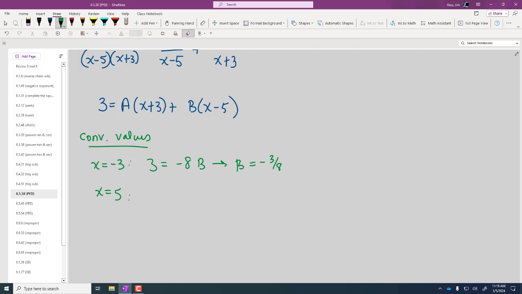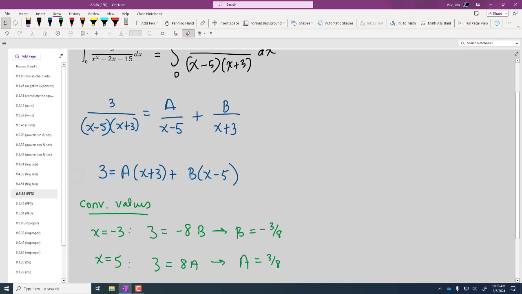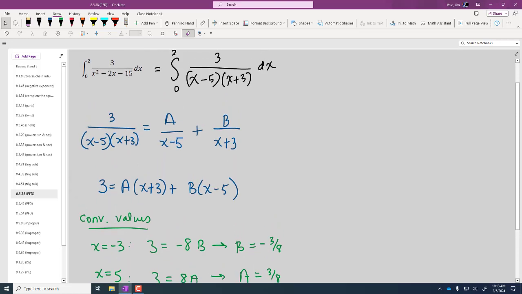And similarly, it's true for all x. In particular, it's true for x equals 5. So we're going to get 3 equals 8A. So A is 3/8. So now we have the PFD constants solved for, which allows us to go back to the integral